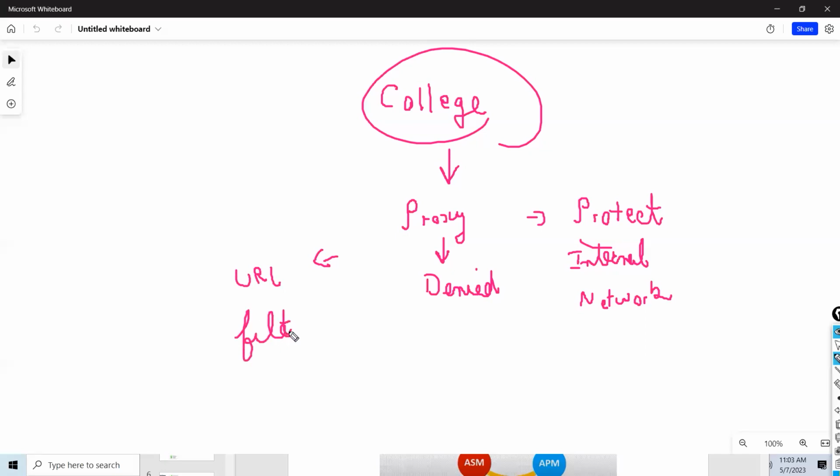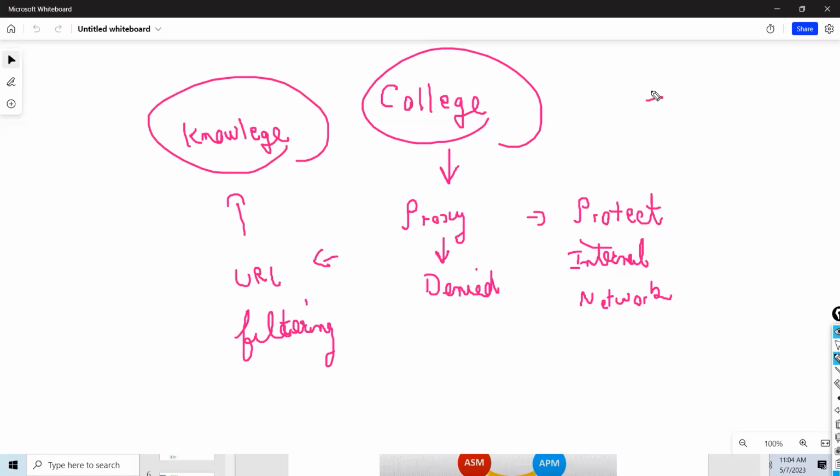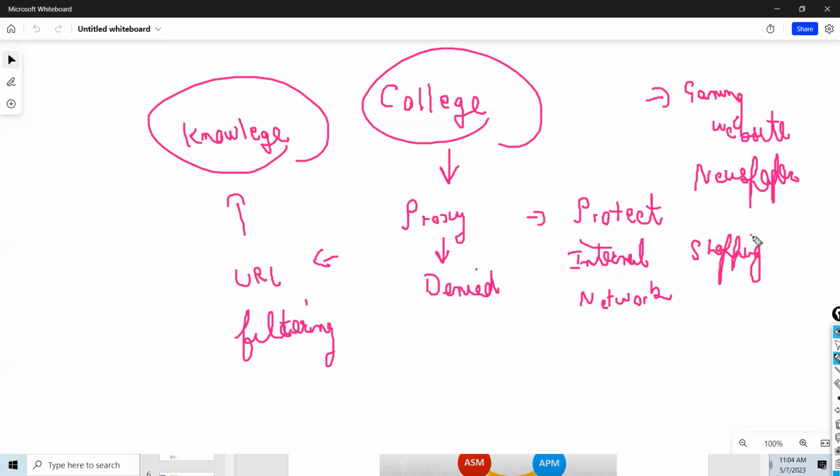I was applying a proxy device in there. I was doing URL filtering, which means users from the internal network can only access websites which are related to their knowledge. Only college websites can be accessible. They cannot open any gaming website. They cannot access any newspaper website, any shopping websites, any gaming website, or many other websites which are bad, which I don't want my users to access.